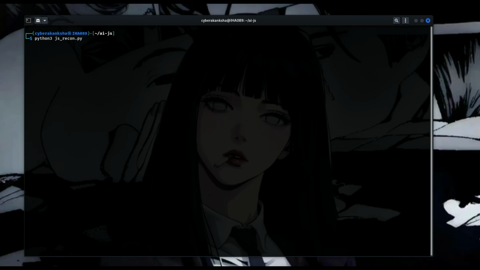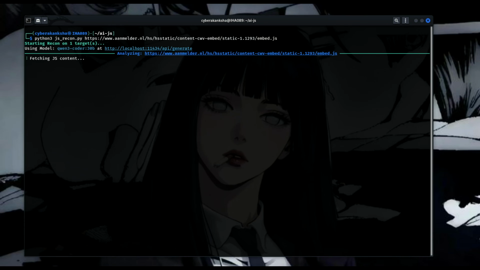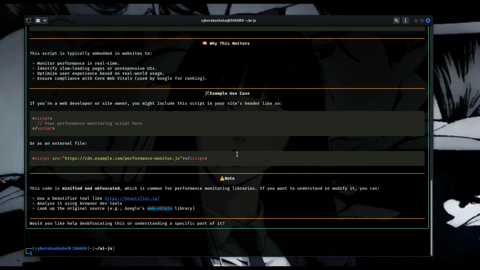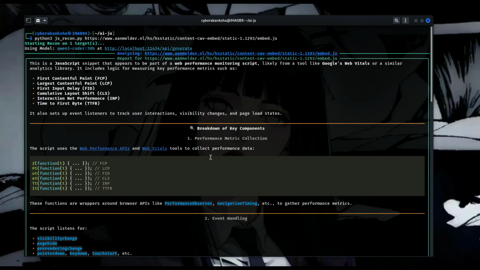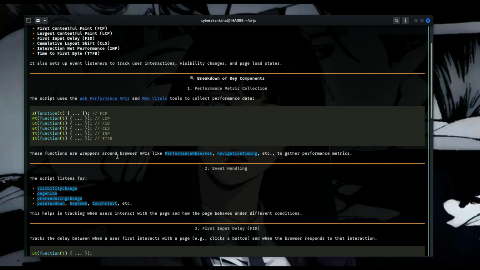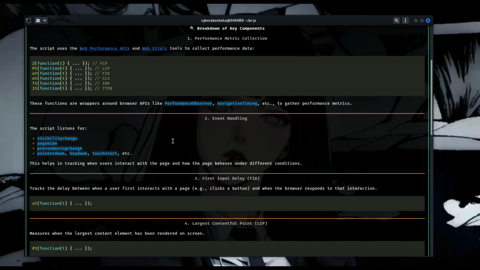After that, I'll test the same tool against a real production JavaScript file. And this is where the value becomes very clear. The AI starts pointing out internal APIs, client-side validation logic, and flows that are worth testing manually. This is the kind of analysis that usually takes a lot of time when done manually, especially when the JavaScript file is large or heavily minified.